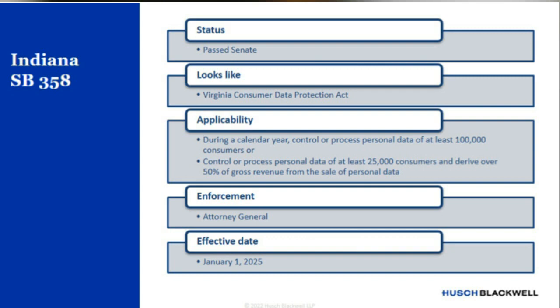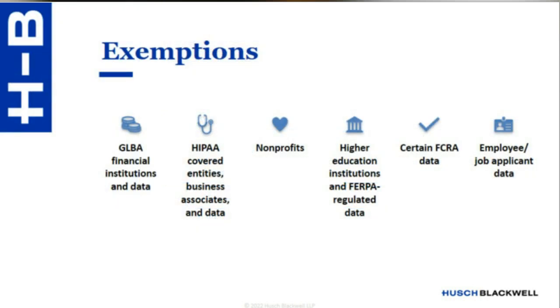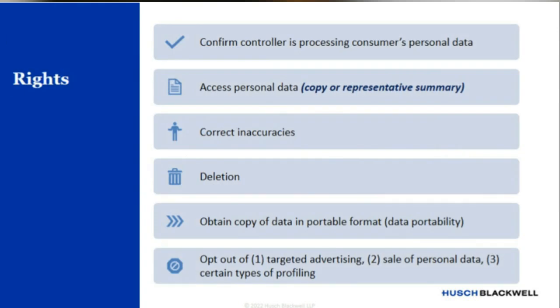Okay. Exemptions, listen, it looks a lot like Virginia. No surprise because it is based on Virginia. Wanted to point out nonprofits are exempt here. That is not the case in Colorado, but it is the case here. Right. Okay, so this is where it's very similar to Virginia, but if it passes, right, and if you start hearing things like, well, it's not as strong as Virginia, this is probably what people are going to be pointing to. So the first one there, the access personal data, right, you're familiar with that one,